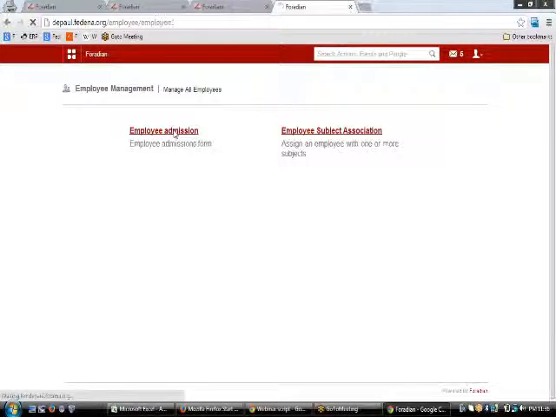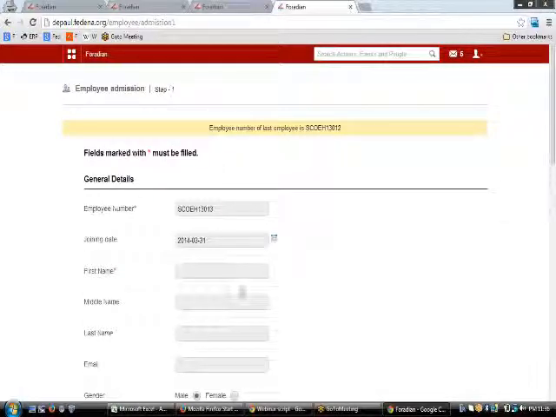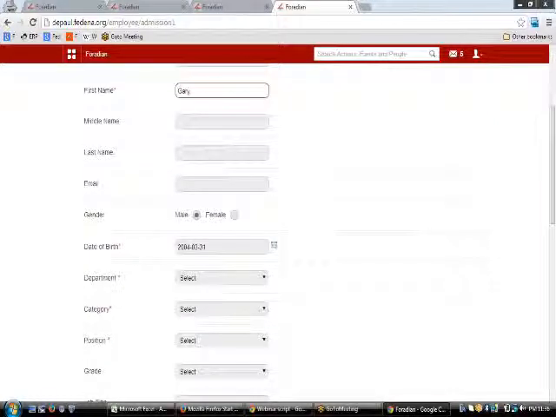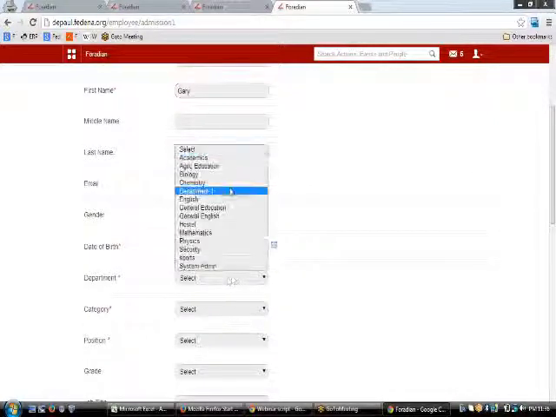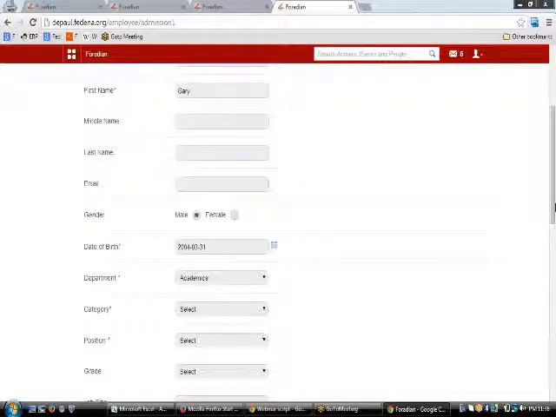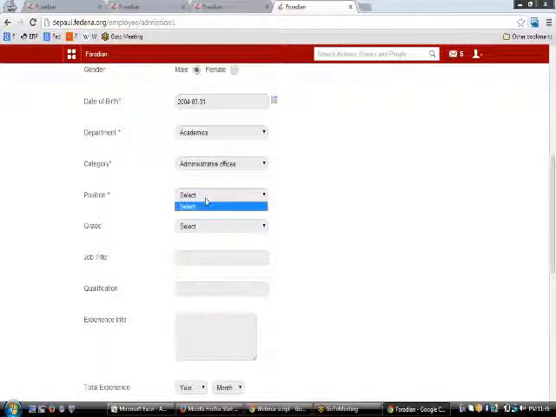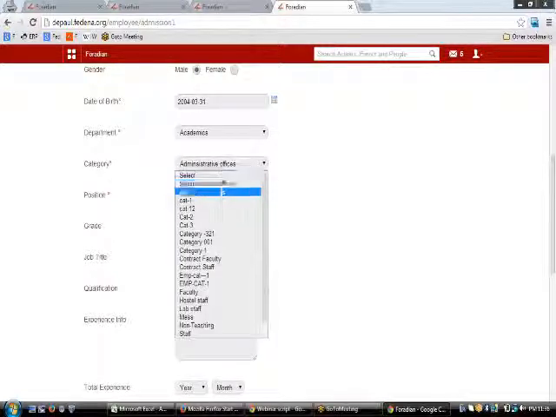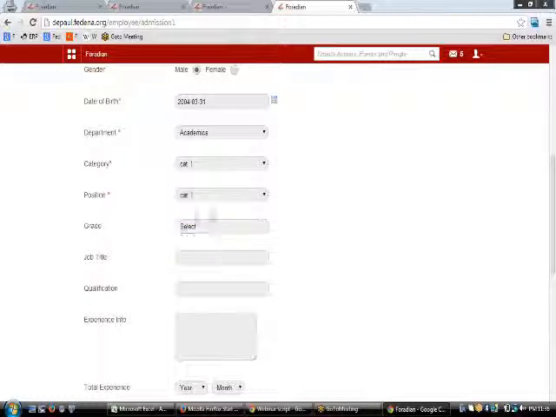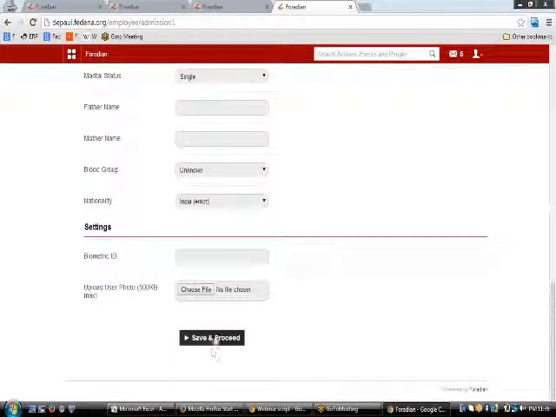So let's click upon employee admission there, and then type the first name of the employee. So the first name of the employee might be someone like Gary, and then the middle name and the gender have to be entered up here. So you need to select upon this department, academics, the category and the position. So you need to have a category where you do have a position up here. So in this particular category we have a position, and then the next thing would be to hit upon the